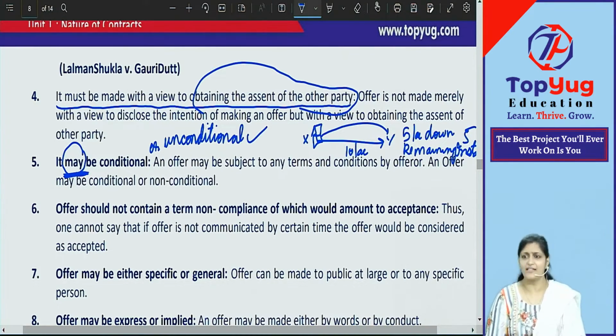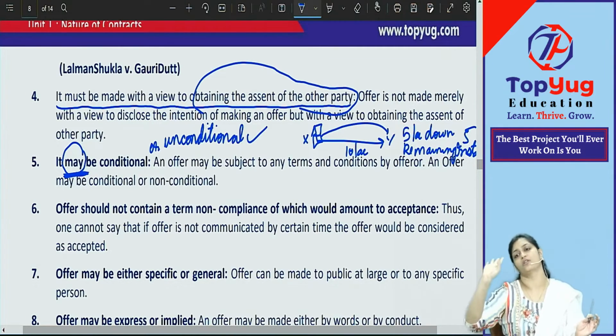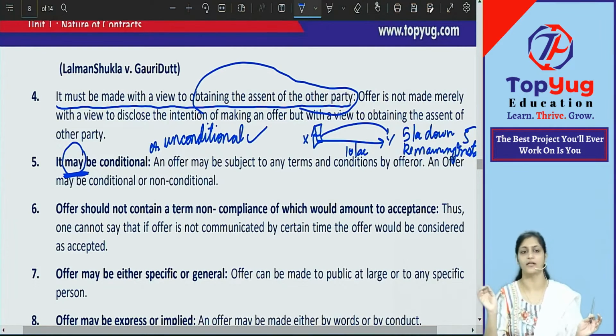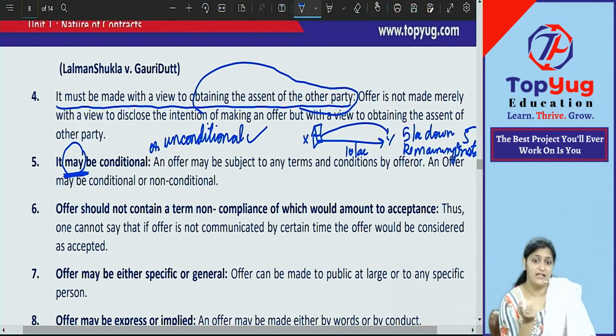Everybody is wrong here. It is no acceptance. It will become a counter offer, which we just now have studied. Any acceptance with conditions, any acceptance with modification or changes, it is not acceptance. It will be what? Counter offer. Now who has the right to make the decision? The offerer. He will say, yes, I will sell you the house, it is okay if you pay me after 1 year. Or, no, I will not sell you the house, I want the money immediately or in 3 months, but not 1 year. Is that possible? So can an offer be conditional? Yes. But can acceptance be conditional?